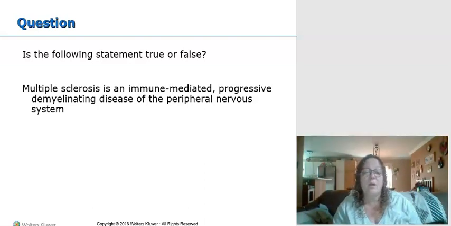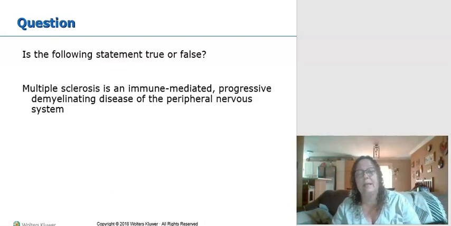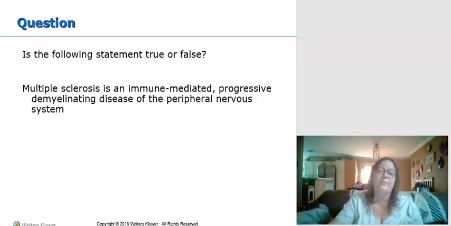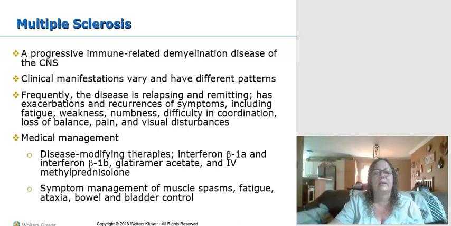That's false. Multiple sclerosis is an immune-mediated, progressive, demyelinating disease of the central nervous system, not the peripheral nervous system. So you'll see why that's important later. Right? So we said that it's a progressive, immune-related, demyelinating disease of the central nervous system,